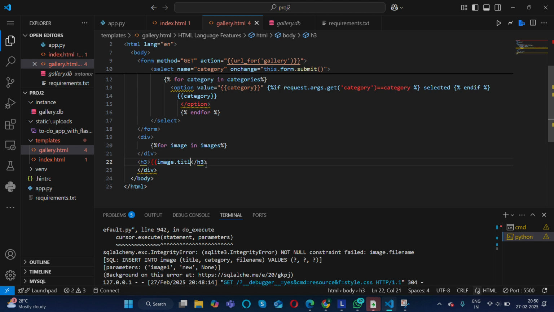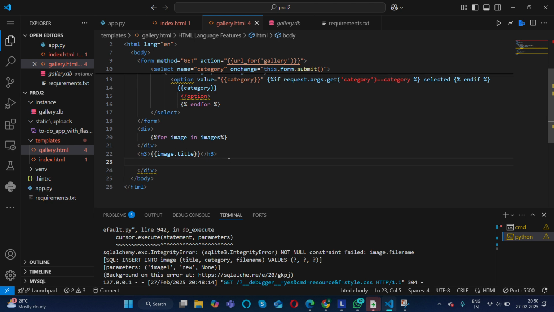Here I am printing the image name and everything dynamically. So from the images variable, which is in the gallery route, I'm looping through it and taking the image name, image title, and in a similar way I should also take the image which is uploaded.